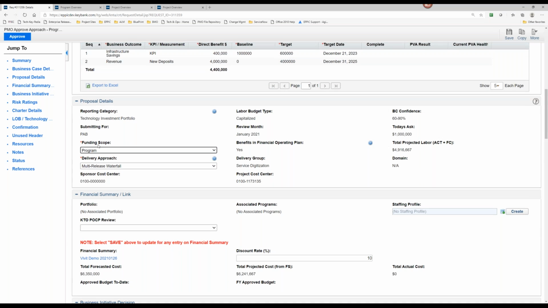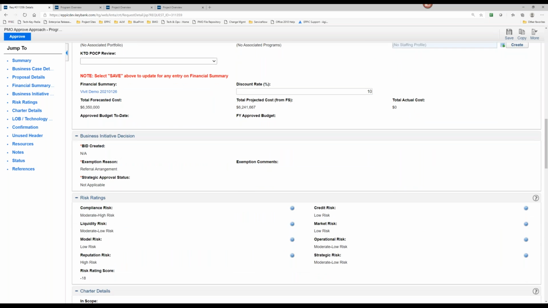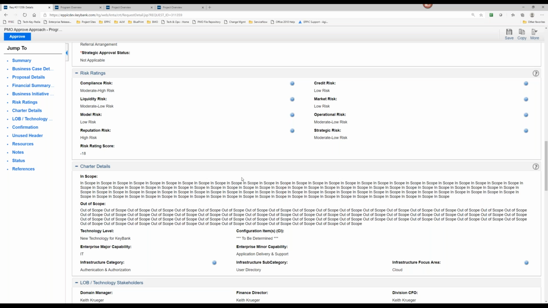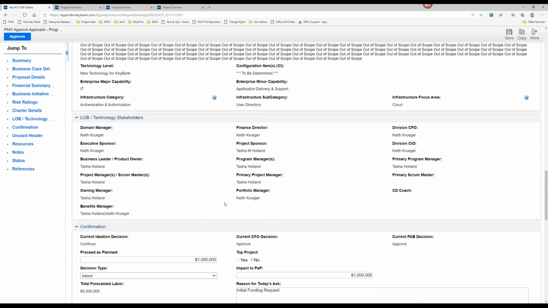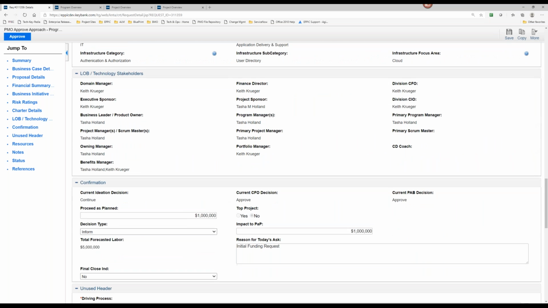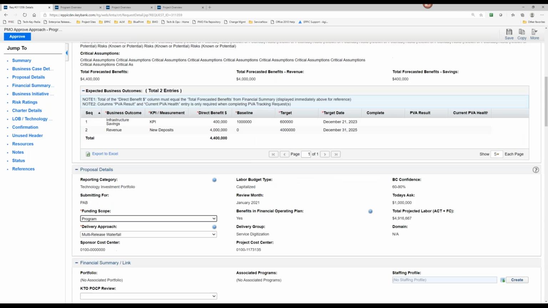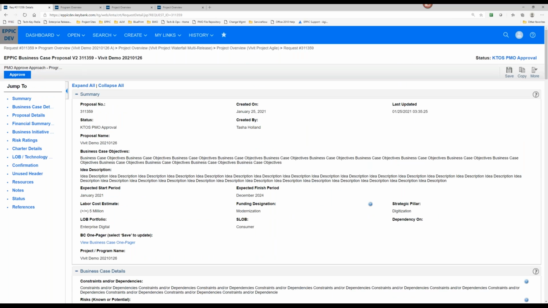And then we have the funding scope set at program, and then our risk ratings that we use to calculate whether or not it should go to the next stage. And we've got our finance funding. So if I were to click approve, this is the last step in our approval workflow, it would spawn